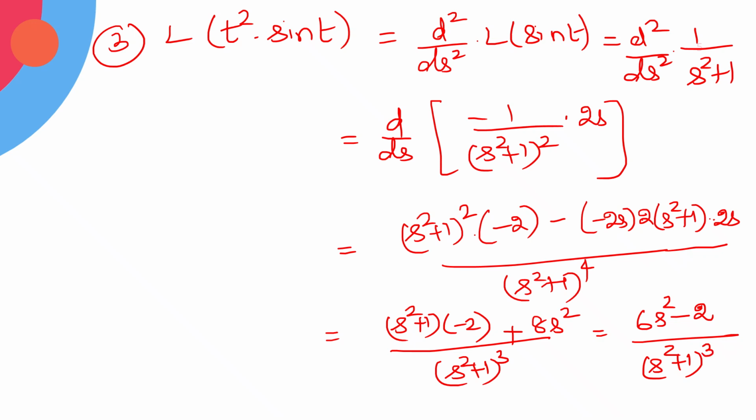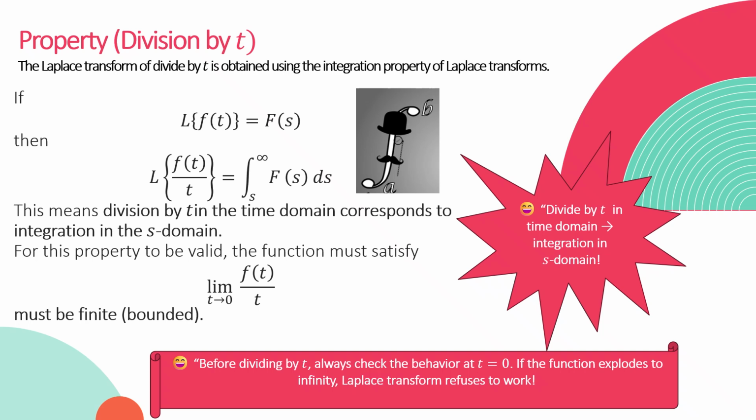So to conclude this property, whenever the given function is multiplied with t, then we have to differentiate the given function with respect to s. If shifting is involved there, we can shift it. Now let us go for the next property. The next property is